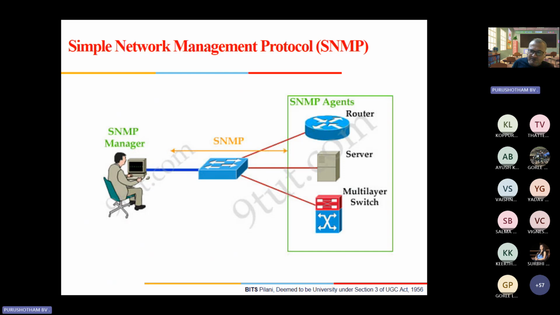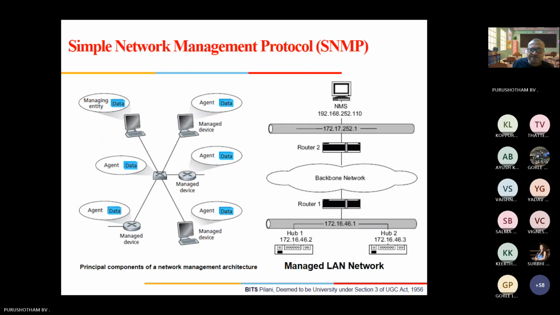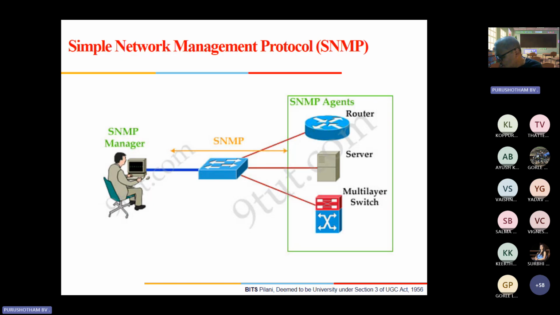There is a server, there is a multi-layer switch, there is a router. These all have an agent placed on them, each of the objects, and these are called the managed objects because they can be managed. There are some elements which could be unmanaged also, which need to be managed with the manual method, whereas SNMP will manage this entire thing. This diagram is very important, guys. If you have questions, you can ask.